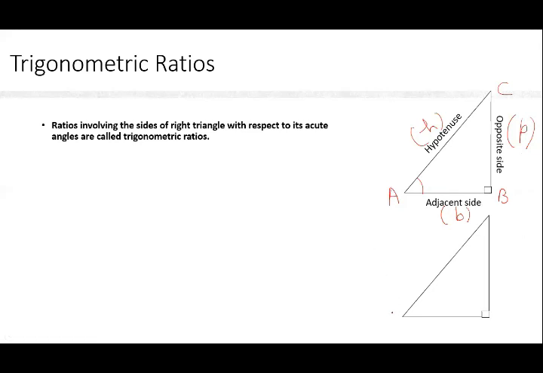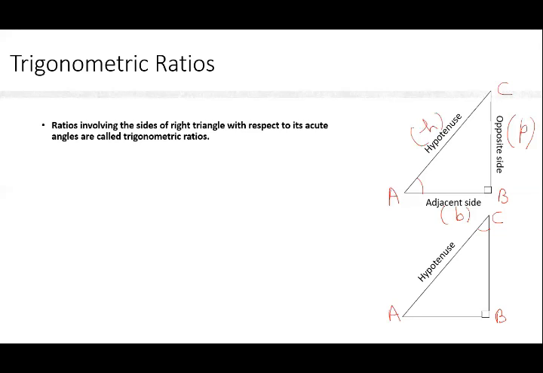Again, we are just naming this angle, same naming we are going to do, that is A, B, and C. Now this time, if I have to mark the sides with respect to this acute angle C, the side which is just opposite to the angle C is always the opposite side. And the side which is just opposite to the 90 degree is known as hypotenuse. We know that the side which is just opposite to the 90 degree will never change. Only the position of the rest of the two sides will change.